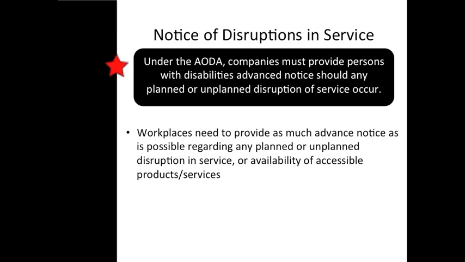For example, a shopping mall has scheduled maintenance on one of its elevators and it will be unavailable for 2 days. The mall posted the planned disruption on its website a week in advance and posted a sign by the elevator the day before the disruption. These notices explain the reason for the disruption, its expected length, and where an alternative elevator is available in another area of the mall.